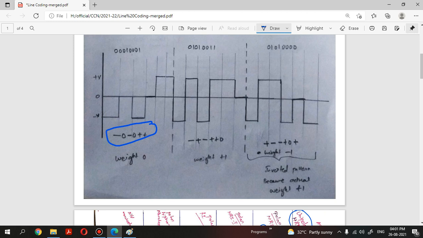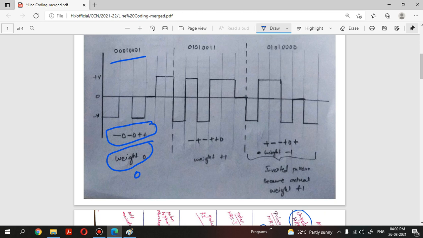So negative, neutral, and positive, right? This is the voltage level that indicates the data the sender has sent us, this one, 0001 and 0001, right? So here there will be a weight maintained. This weight is nothing but the sum of the voltage levels: here 2 negatives, 2 positives, and 2 zeros. So the weight is neutralized, which is equal to 0. And let's take the next data, right?